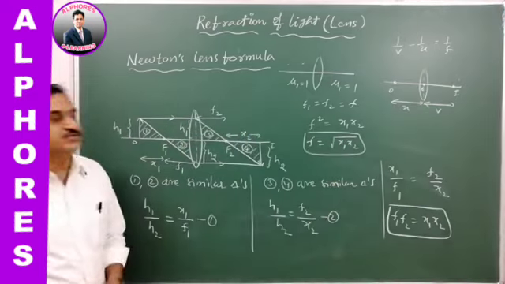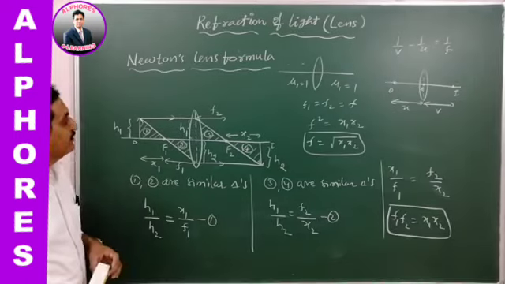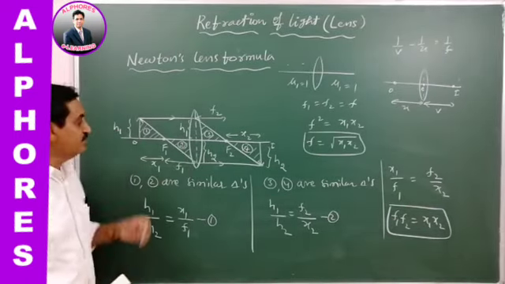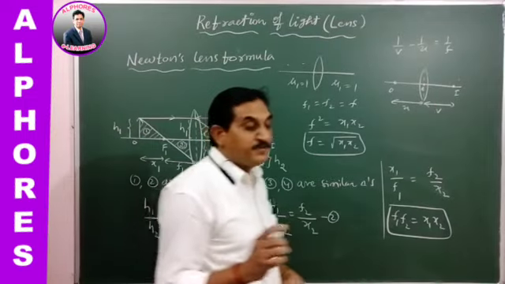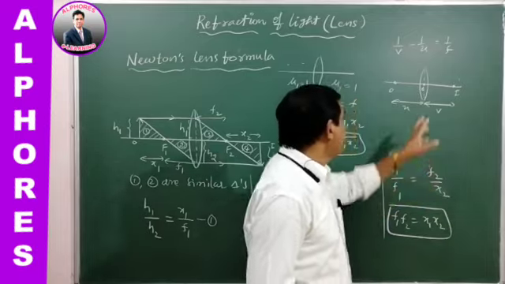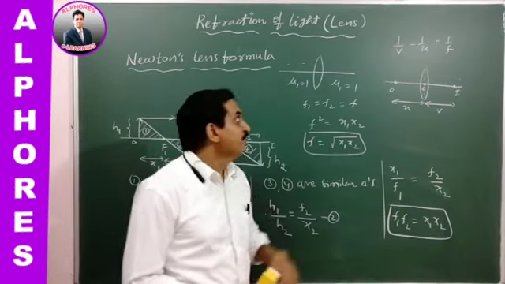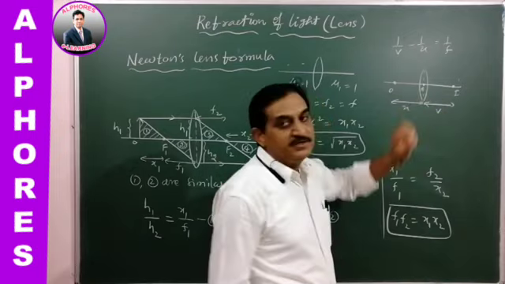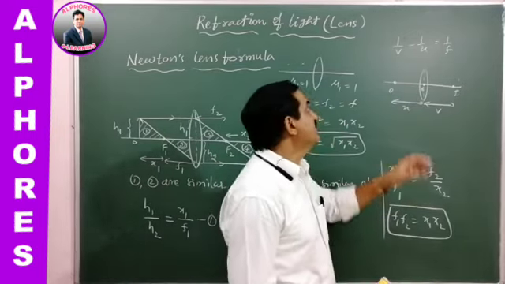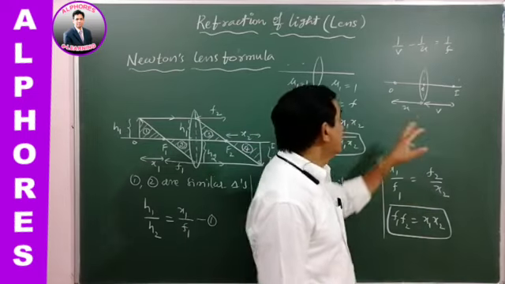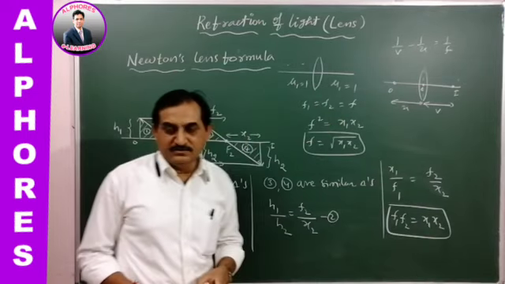So here this is Newton's lens formula, where the object distance and the image distance are taken from principal focus points, not from the optic center. In the lens formula, the object distance and image distance are both taken from the optic center, and if both u and v values are given, then we can find the focal length of the lens